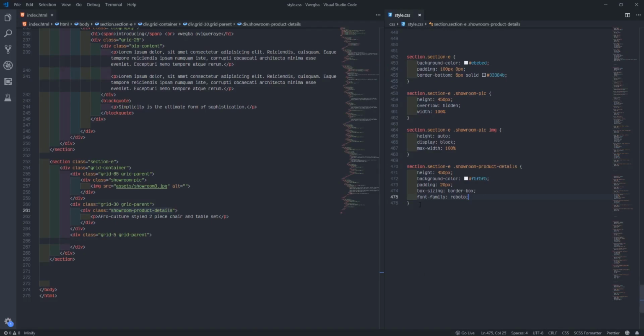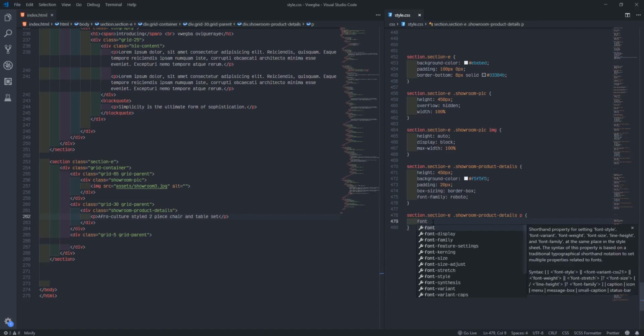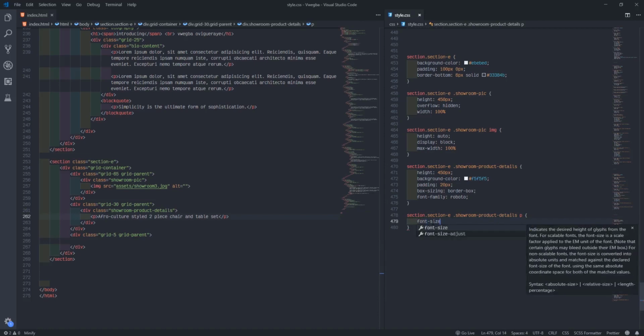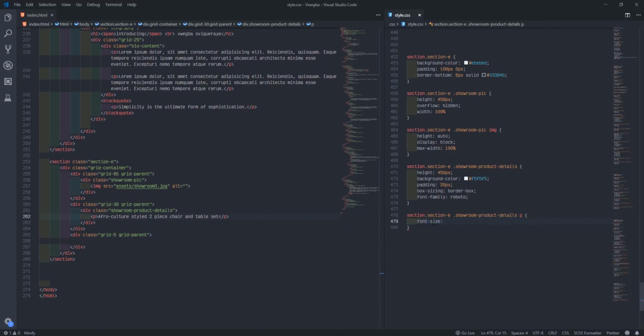So the styler now, I'll come here and say the product details now, target the paragraph now, which is this P we create now. I'll say P font size. We'll give it like 28 pixel.